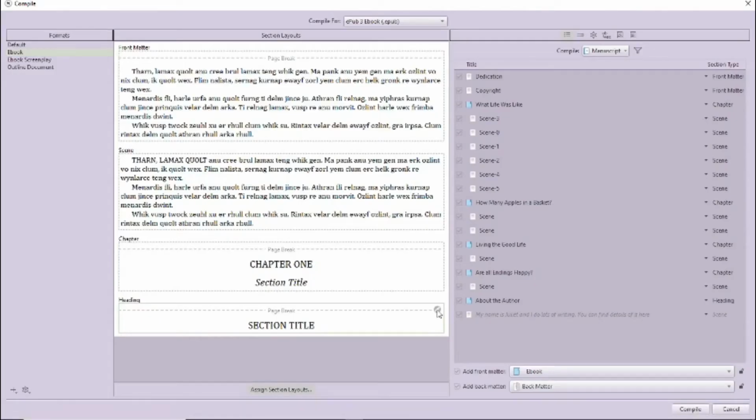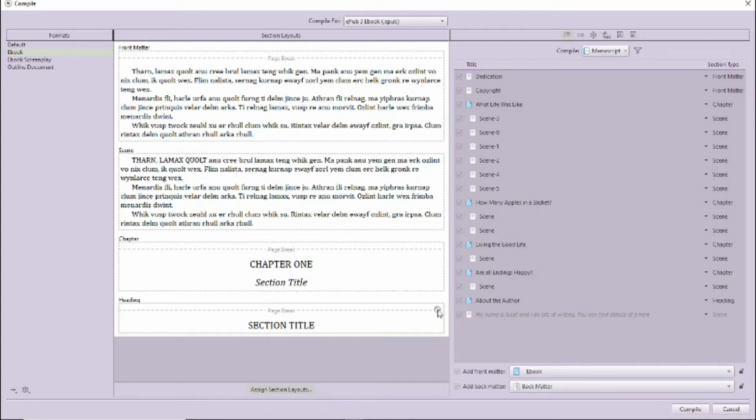I have tried generating a ton of files to see if I could change the font in the headings, which I'm not going to bother showing you because there's nothing to see. Changing the font in the section layout changes it in the window, but it reverts to the standard font when the file is generated. Basically, you cannot change the font. But that doesn't mean that you cannot change things like bold, italics and alignment.